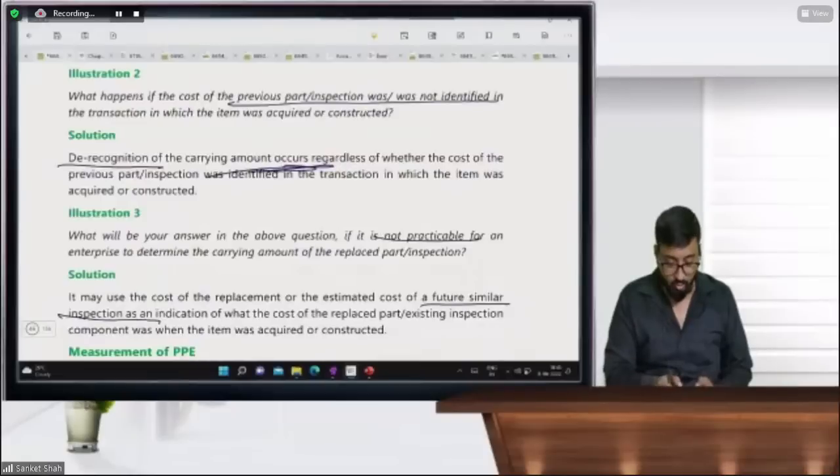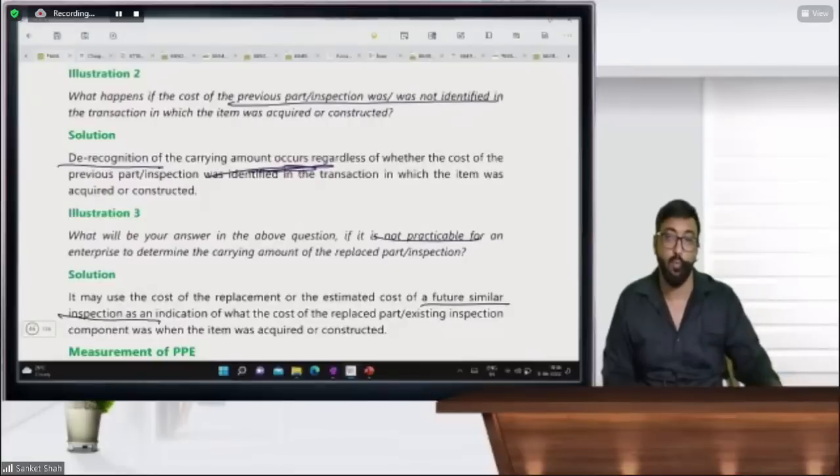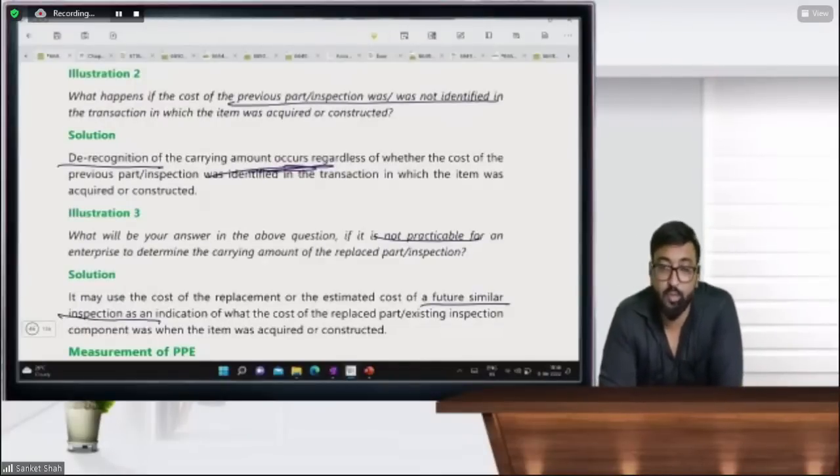Yes, what you understood? Sir, practically it is very difficult. We want some technical person to do this, to identify the life or the cost component of the compressor. So we need expert people. In real life, it is possible only for listed companies and those who have good capital. For small firms or small companies, it's not possible. Though it is recommended, it's not possible practically for small companies.